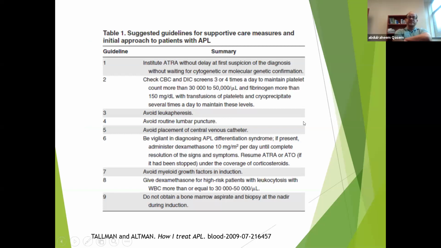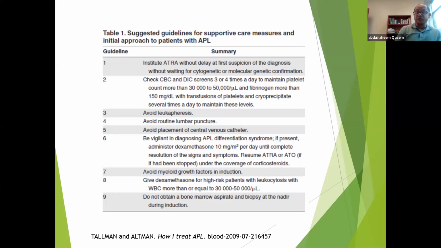So these are suggested guidelines for supportive care measures. You need to institute ATRA without delay at first suspicion of the diagnosis, without waiting for cytogenetic or molecular genetic confirmation. You need to check the CBC and DIC panel, including fibrinogen, every 6 to 8 hours, and be very aggressive with replacement of platelets and fibrinogen. Either use cryoprecipitate if you have it available, or if you don't, use fresh frozen plasma, but cryoprecipitate will give you a better